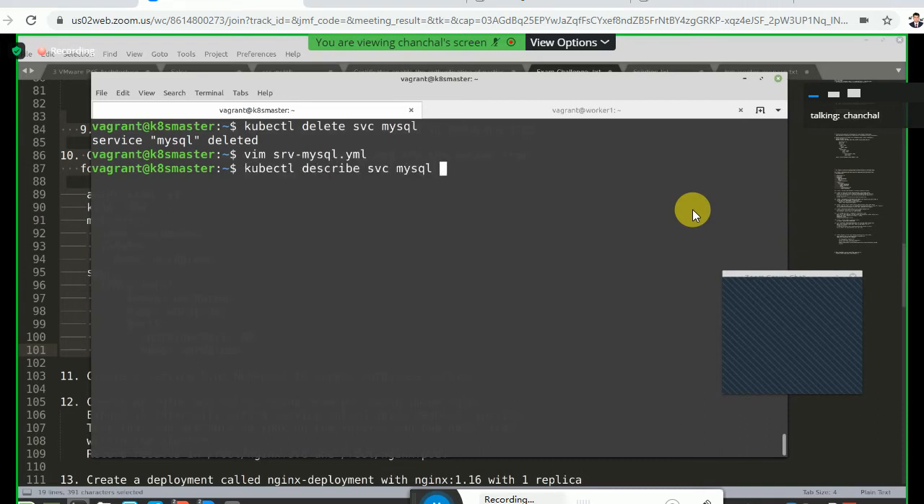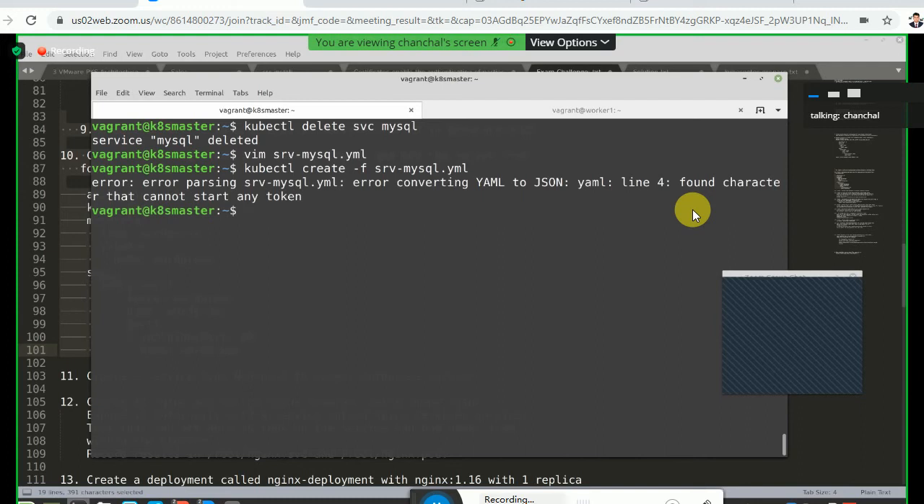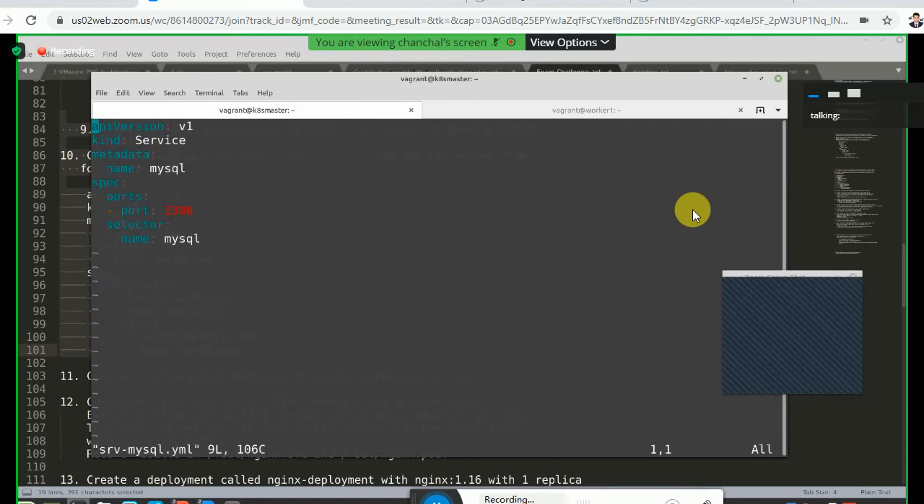Now I'm going to create the service. kubectl create -f. There is an error: found characters that cannot start any token. Again, there is a hidden character. Line 4. Okay, insert,